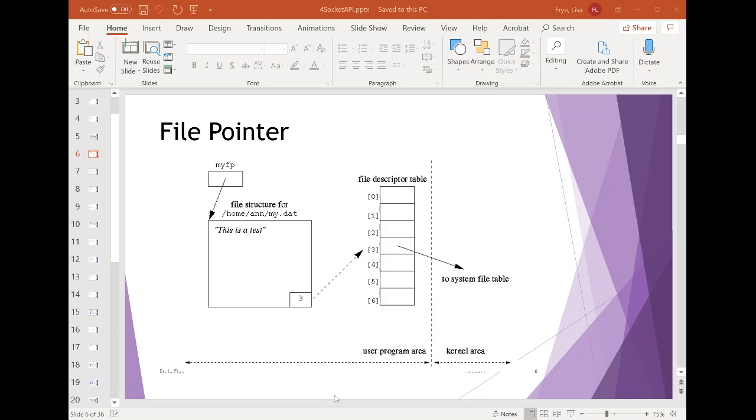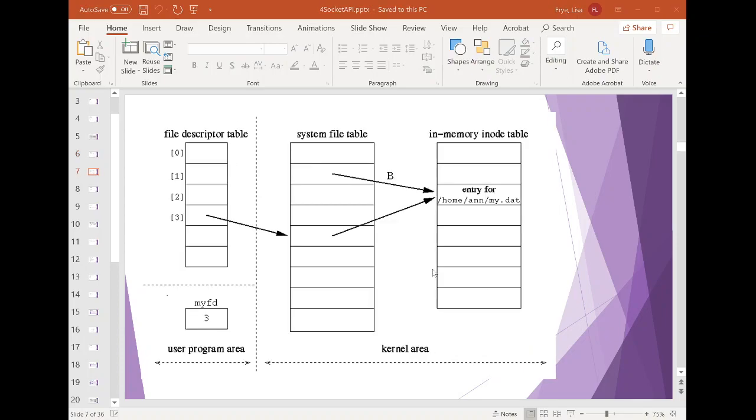There's a few other tables that I wanted to mention that are maintained by the operating system when you're dealing with files in a process. So the file descriptor table or the descriptor table is one per process. And it contains some information about the file, including an entry to the system file table, or sometimes referred to as the open file table. This table is a kernel table, so it's shared by all processes, and it contains an entry for each file open in all programs. This entry also contains the file offset and some other information about that file, and that will become important